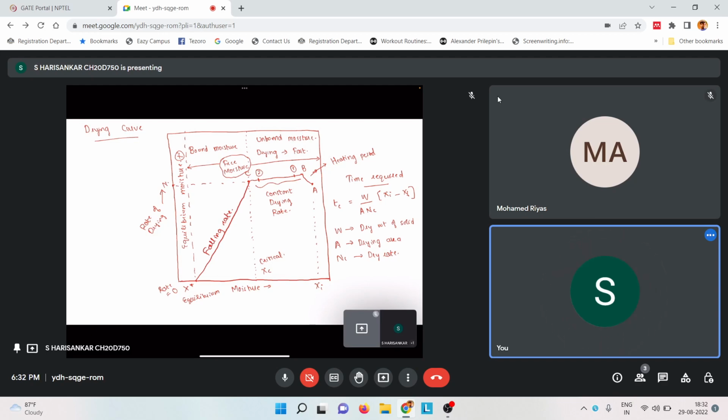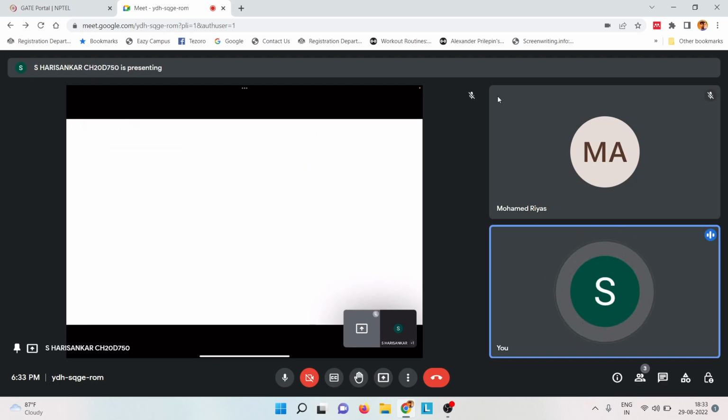Okay, and if we write this drying time for the points 1 and 2, it will be Tc equal to W by ANC into x1 minus x2. Got it? Now, we'll move to the next page. Similarly, we can write the time required for the falling rate,